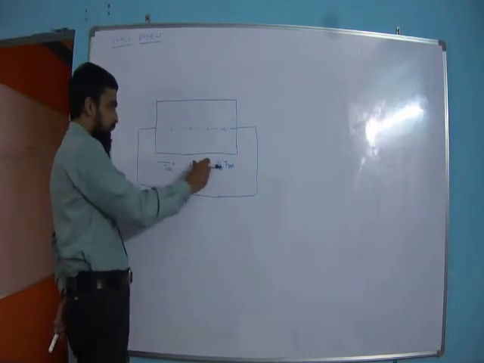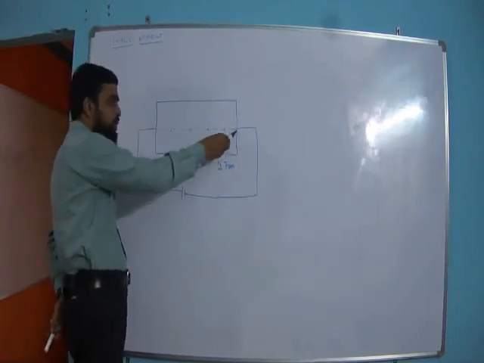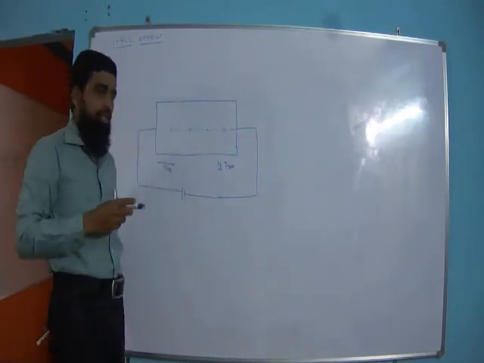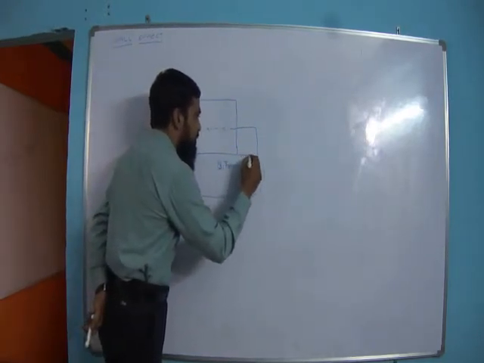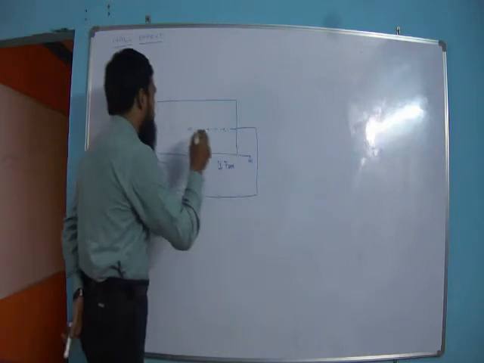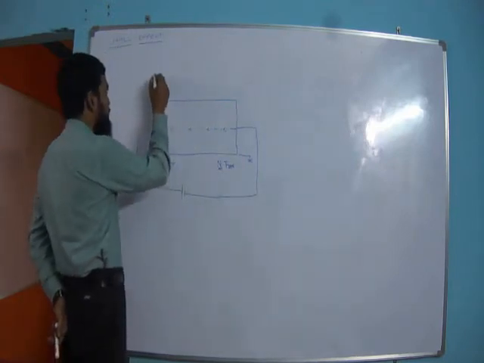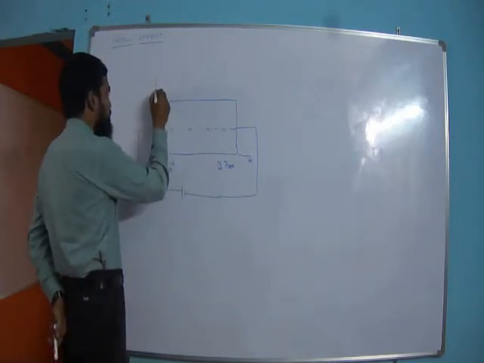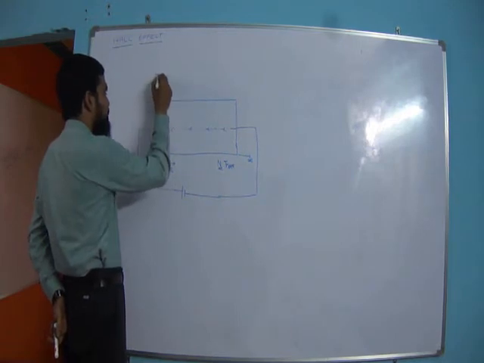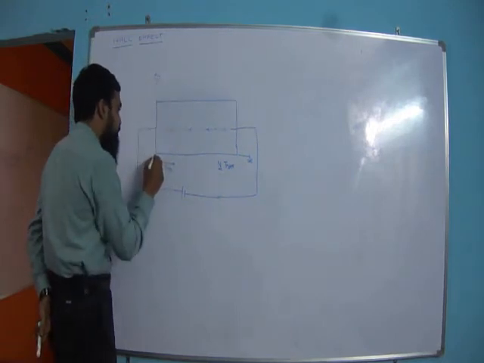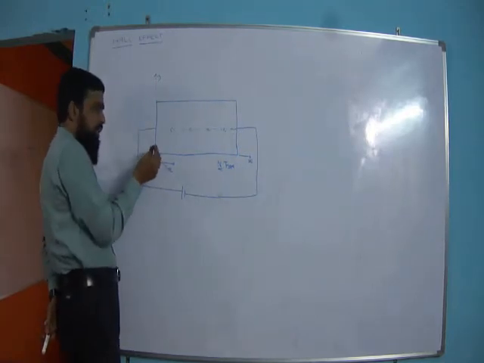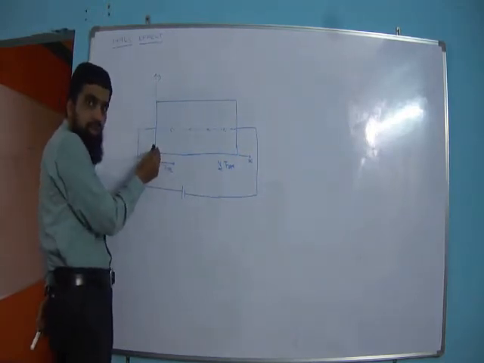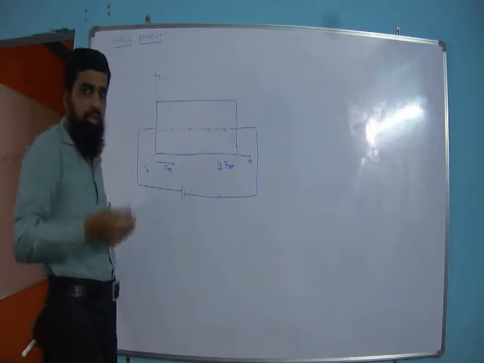Let us consider our notation for this class. This is the x direction, and this vertical axis we are calling the y direction, and outside the board towards you is the z direction. The z direction is from the board, coming towards you.